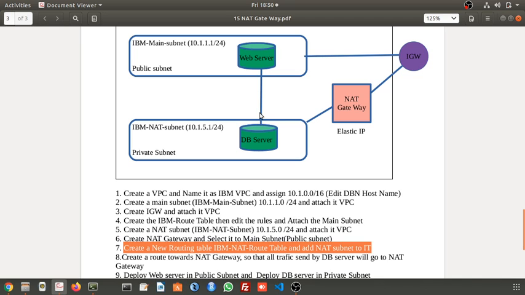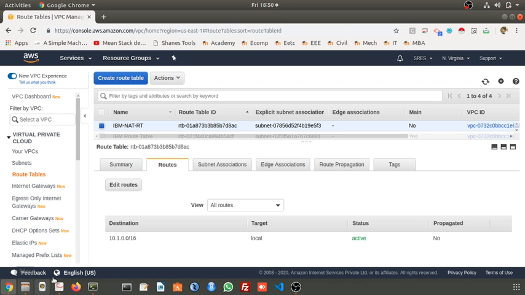If anybody tries to access from any other IP address, that is a public IP address, it won't accept. But we need to allow traffic outside from the database server. So you have to edit it.